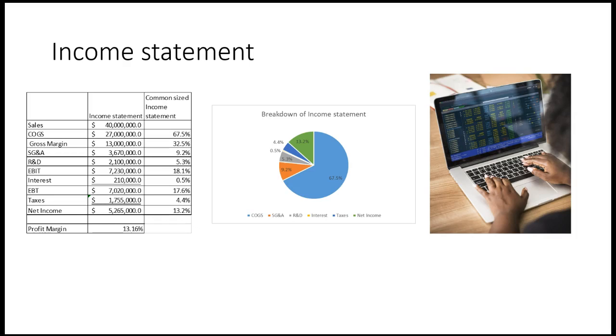So the nomenclature of what it is called is less important. What is important is, what is that number? In this example, it is $13 million, which is your sales minus all the costs to provide the product or service, and you're left with $13 million. Now, from there, you have this money left over to pay other expenses within the organization, and hopefully, in the end, you have some positive net income. In this example, activity related to selling, general and administrative costs is $3.67 million, so that's an expense. Research and development is $2.1 million, so that's an expense.